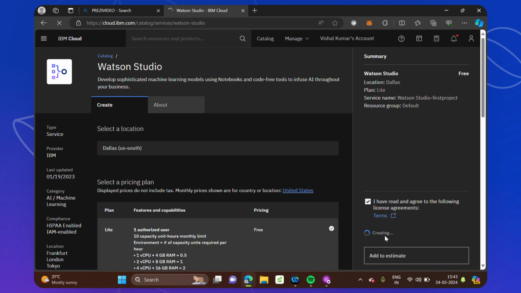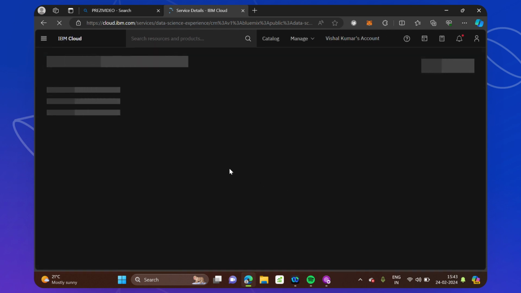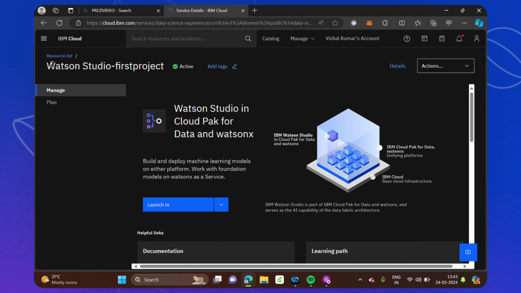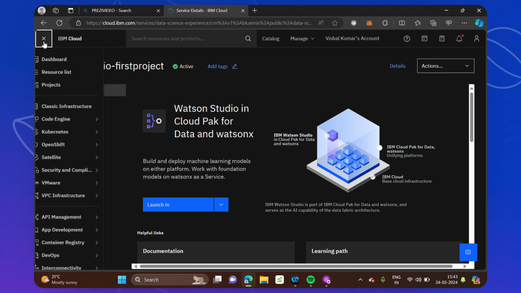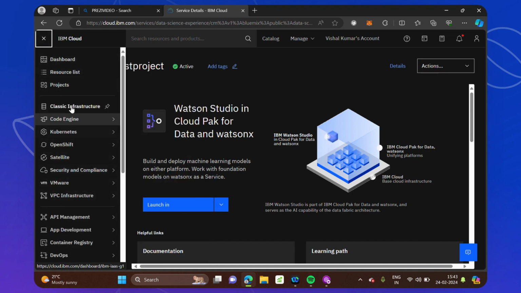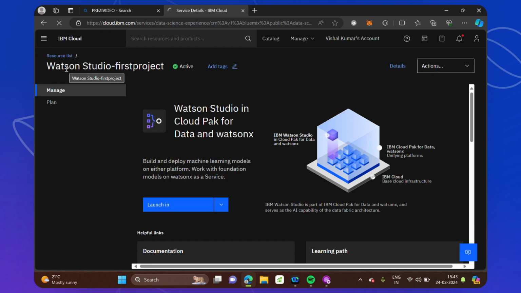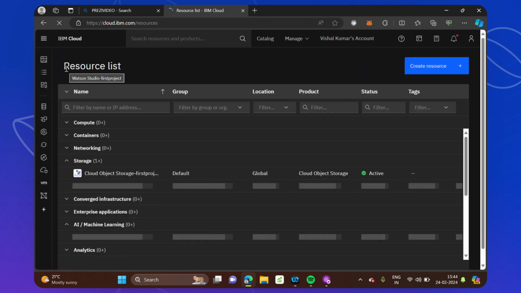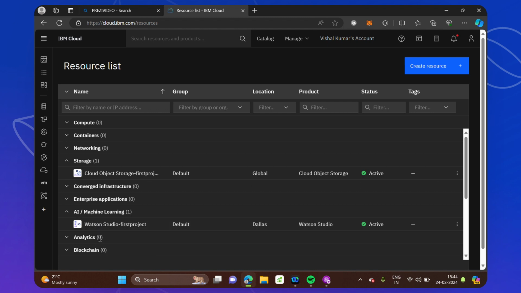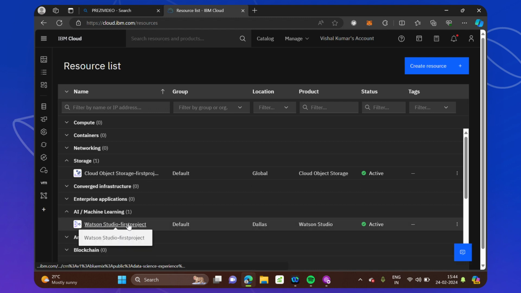Once created, this Watson Studio service will be enabled, and we'll be able to see it in our resource pool under the artificial intelligence category. So let's check again under the artificial intelligence category whether this is available or not. See, this Watson Studio first project is there in our resources. So click on this resource which we have recently added,